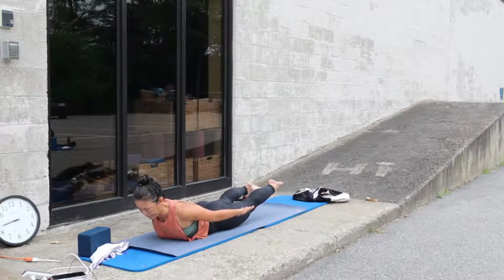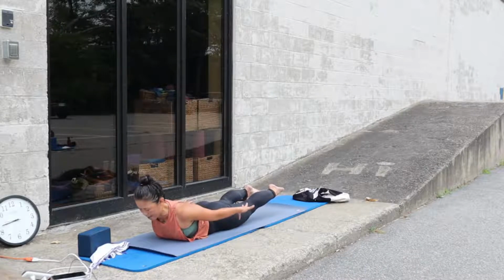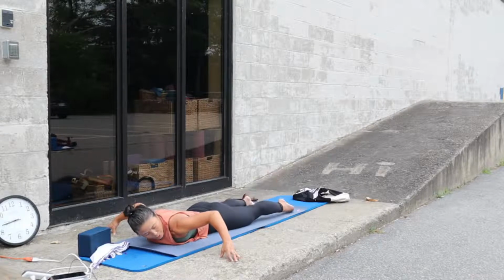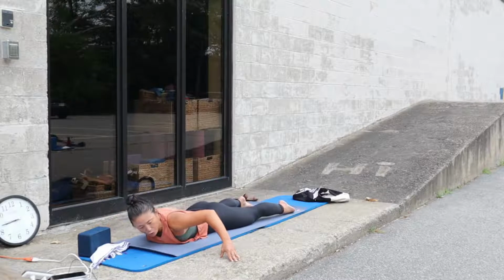Shalabhasana, hold it here for 5, 4, lift your chest, extend through your fingertips, your toes, 3, 2, and 1, slowly release. Walk your fingers wide. So we're gonna build up in high cobra. So walk your feet a little bit wider than hip width apart, but still strong legs,